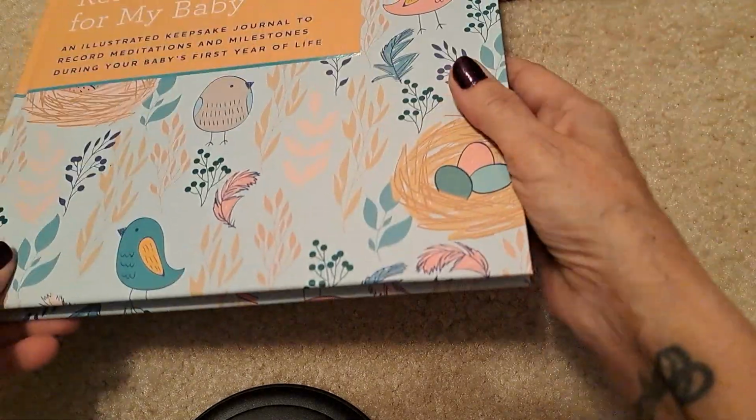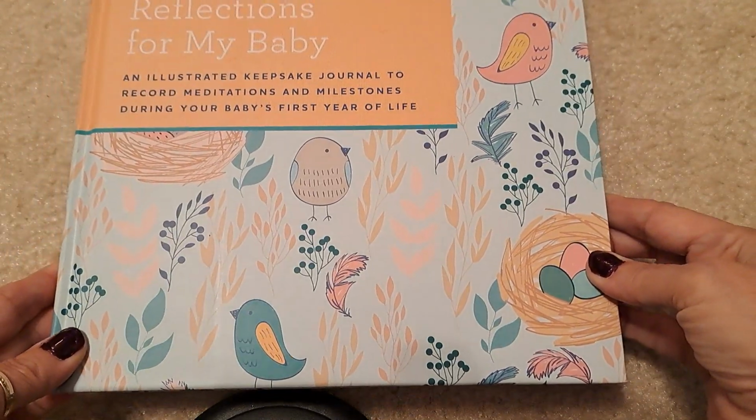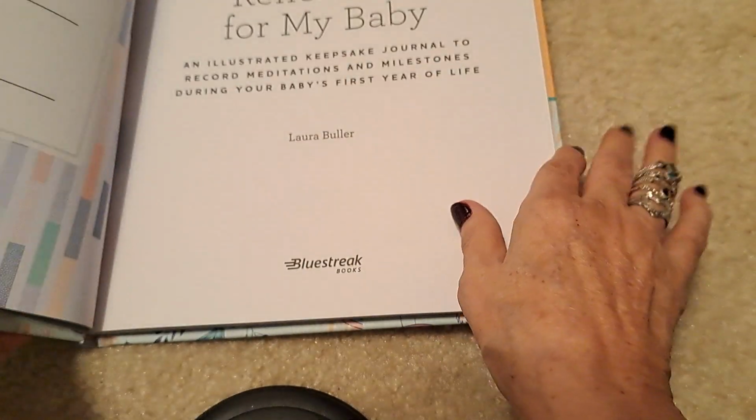But I did get some things, so I will show those to you. I got this for my daughter. This is a beautiful baby book. I just loved this. I just thought this was beautiful. We don't know what she's having yet, but